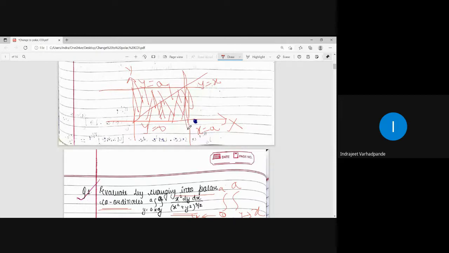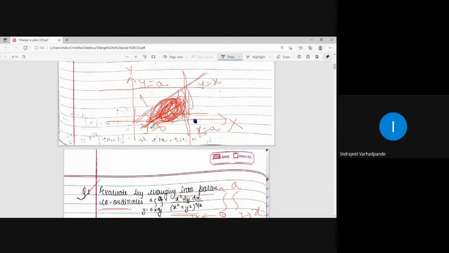X is equal to a, that is, up to here, so we will take all the portion to its left, and for y is equal to x, the area under the curve, that is this portion, we will take. So in which region is the entire calculation lying? The lower half. If you draw it and try to consider the region bounded by this, you will observe that the region which is coinciding or merging is this particular portion to be considered. Okay, because this will not be considered as it is not containing y equal to 0. This is containing y equal to x but it is not involving y is equal to 0.